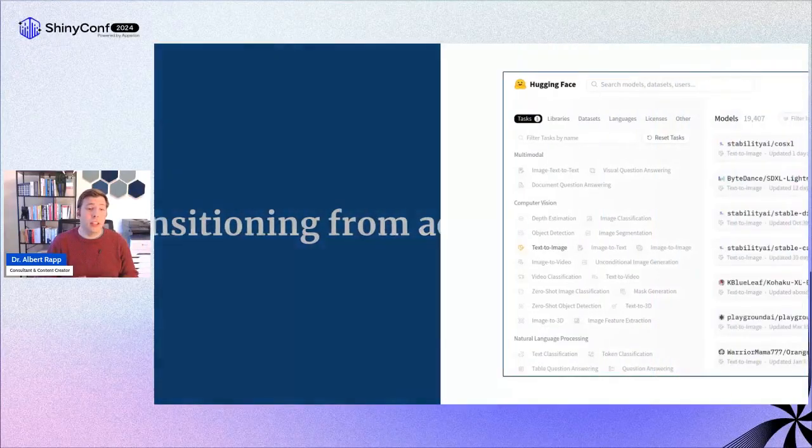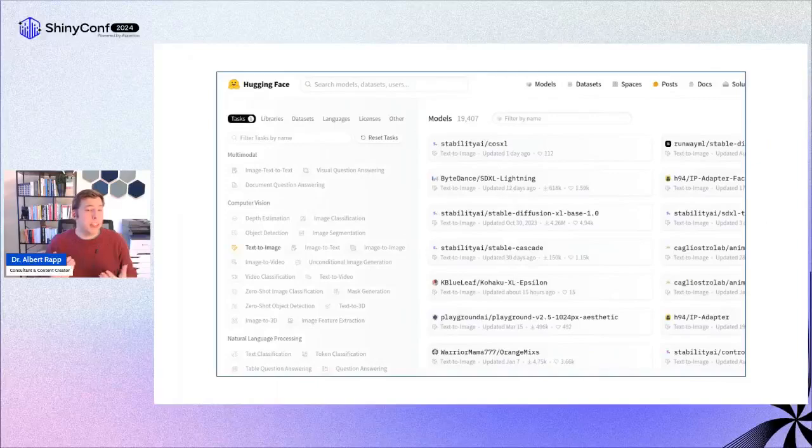So that's why I decided to go to Hugging Face, which is basically a repository for AI models. If you don't know it, it's very easy to use. You just go to Hugging Face, select from the tasks on the left the stuff that you want to do. In my case, I wanted to figure out how to go from a text to an image. And here I just chose a model from Stability AI. And then to make that stuff work, you just take the code snippets that the Hugging Face pages give you, insert them into a Python script, and then you're good to go. It's really as easy as that to get started with AI using Hugging Face. So that's what I wanted to do, and that's what I did.